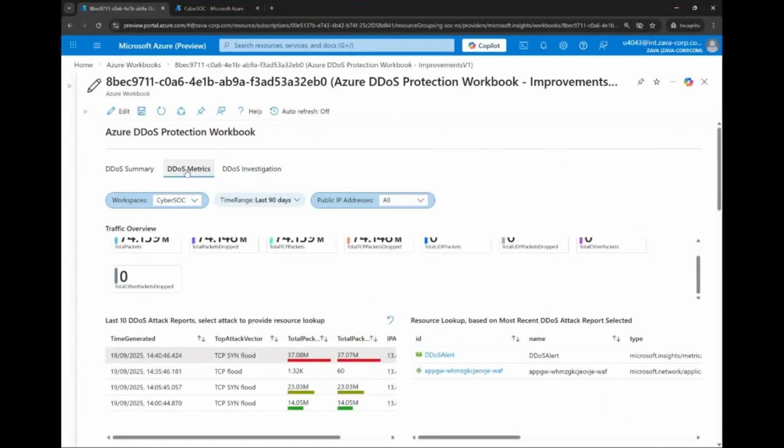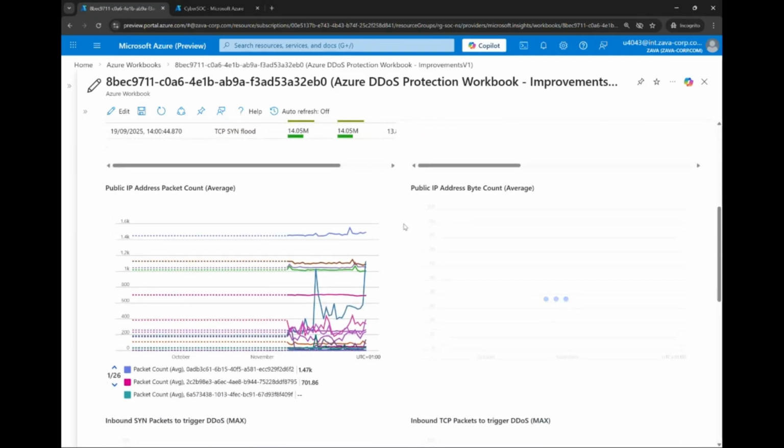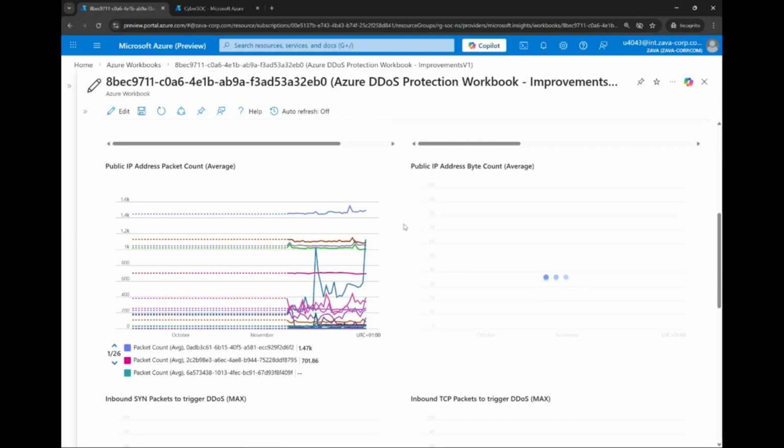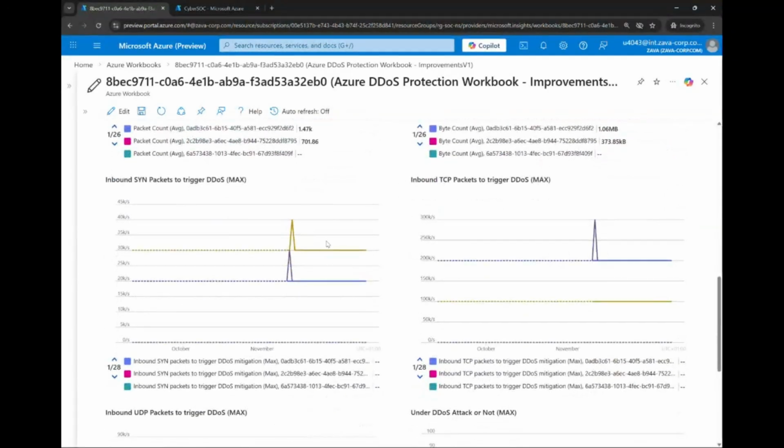On the second one, we have all the metrics. Again, this is also very useful because here you can see all the metrics for the public IP addresses where you have DDoS enabled. And you can see, for example, here the average packet count for those IPs. Down here, you can see all the thresholds